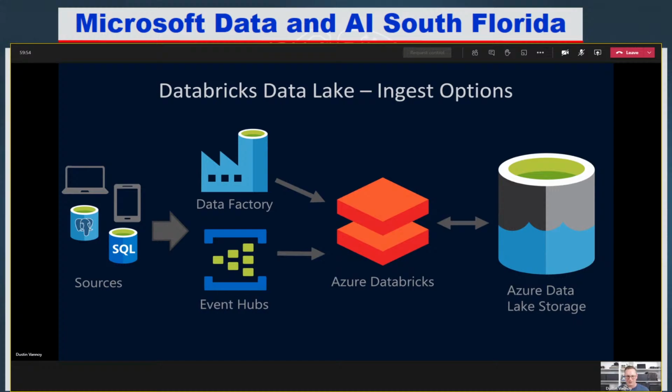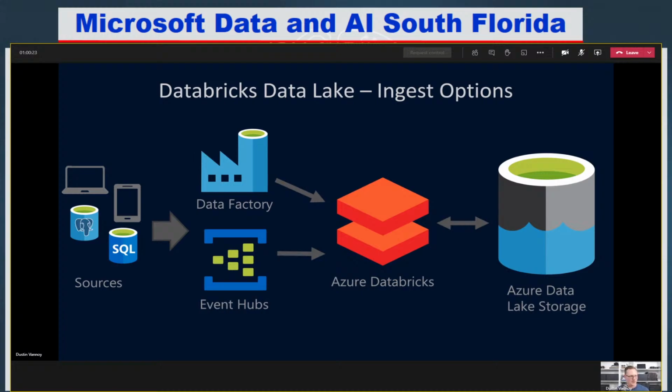When we get to streaming mode, something like Azure Event Hubs is there as the broker, the middle layer where data is constantly being streamed to Azure Event Hubs. Databricks is constantly pulling data off of Event Hubs and doing the processing and landing it in the data lake. We may have some additional processing where we read that data back out of the data lake, process it some more, or join it to the next set of streaming data, and then write it back. So this could be a little bit of a cycle here.